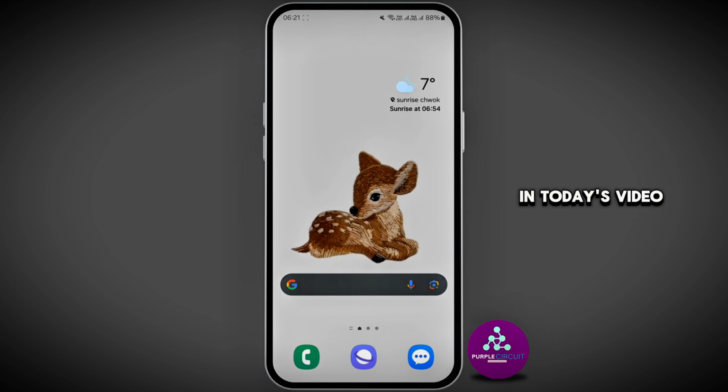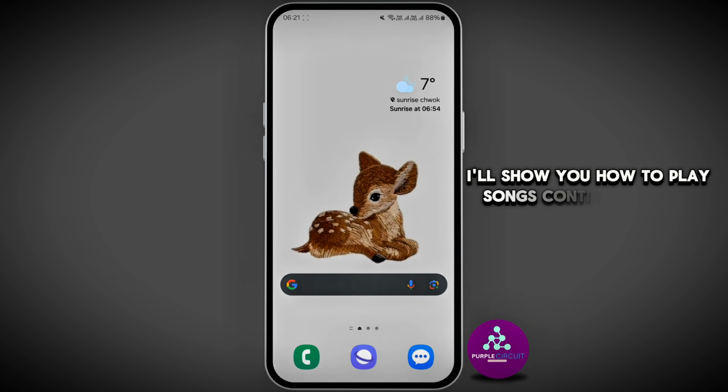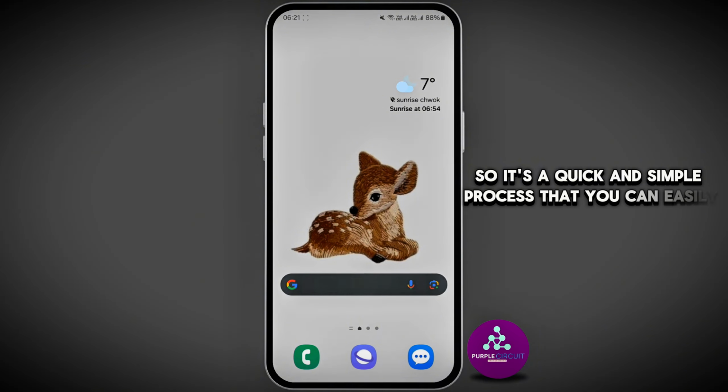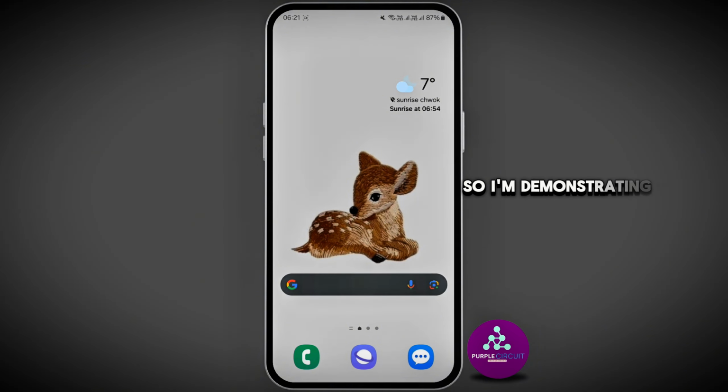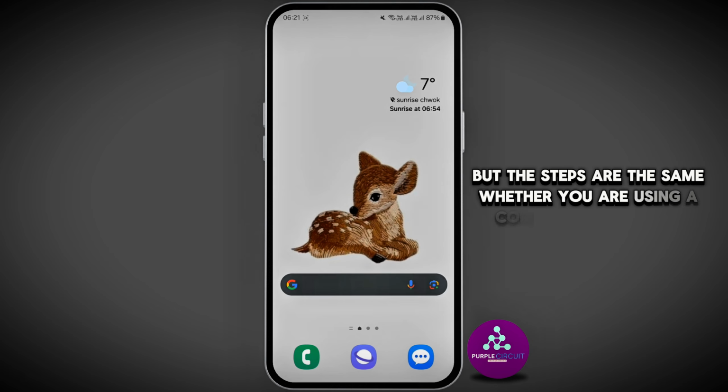In today's video, I'll show you how to play songs continuously on YouTube. So it's a quick and simple process that you can easily follow. I'm demonstrating this on my Android device, but the steps are the same whether you're using a computer or